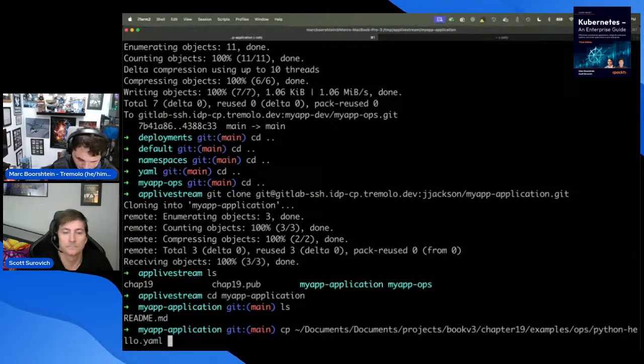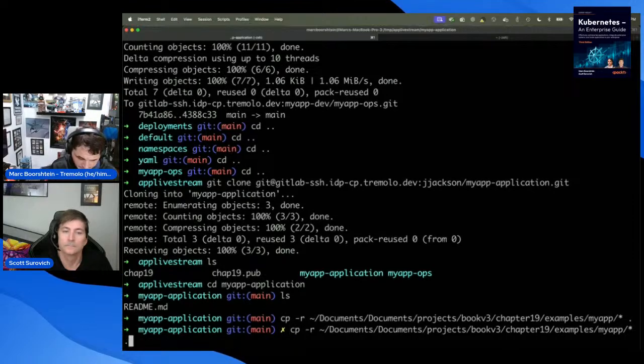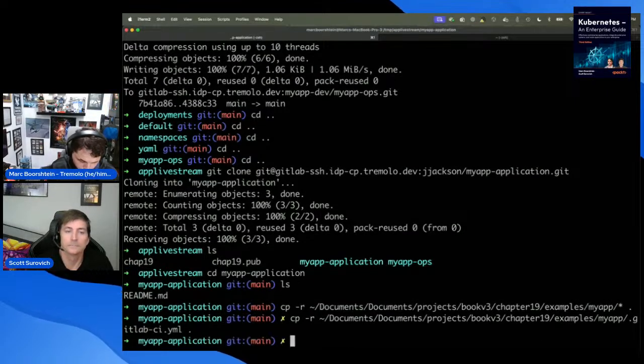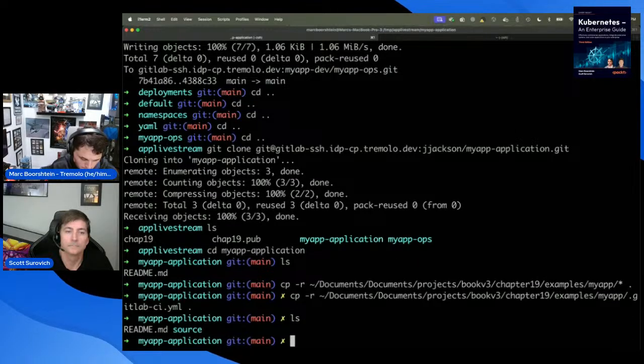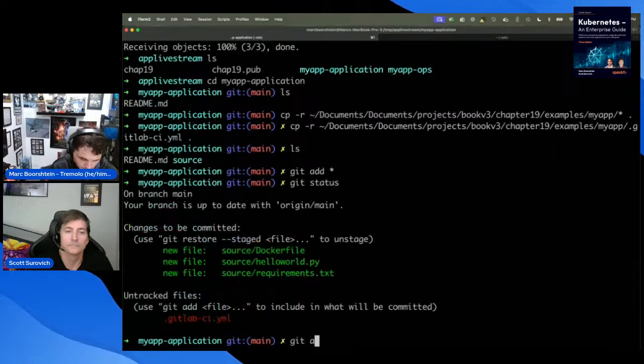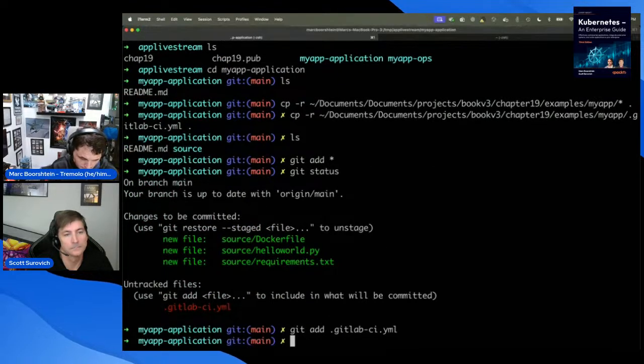We're going to run this again, but my app star. And because that's not really going to do what I want. Nope. There we go. So we just git add star, git status, git add .gitlab. Okay, so this GitLab CI file,